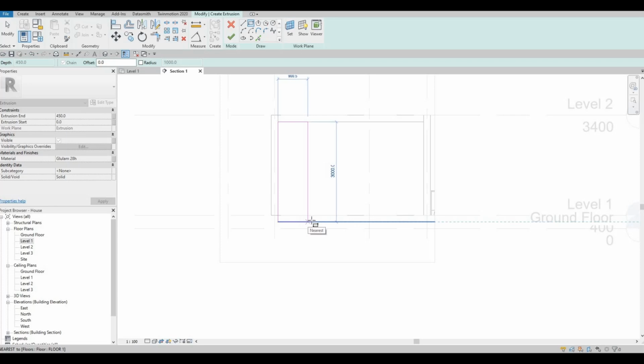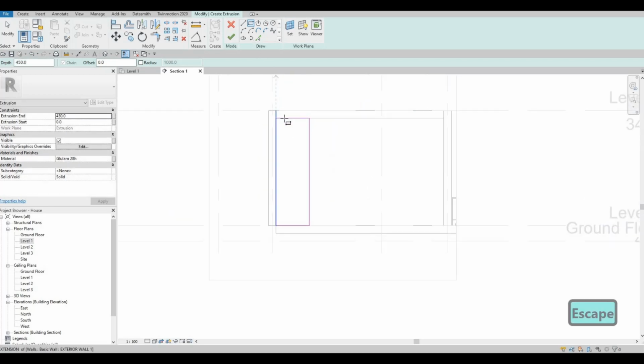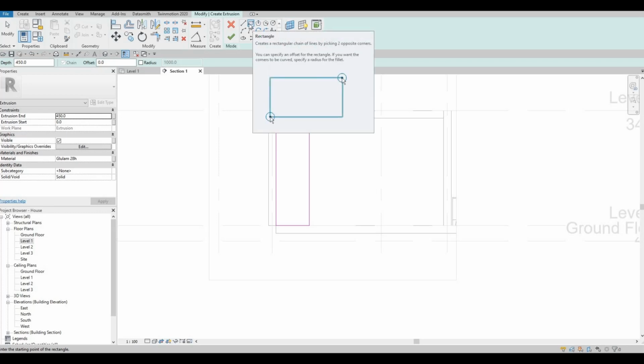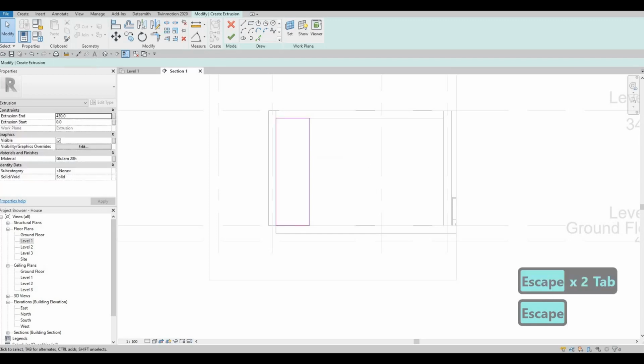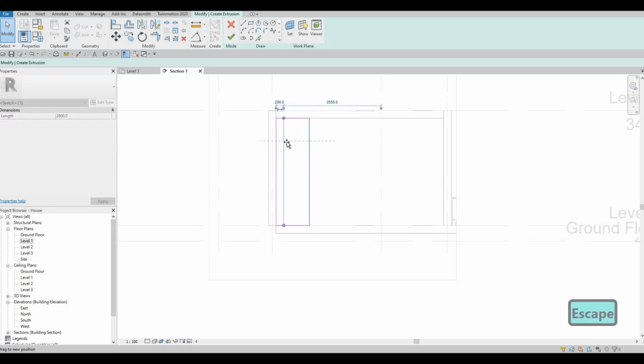I'm going to add something like this one right here, so instead I'm going to create an extrusion here. Don't worry, I'm gonna mirror this later on,